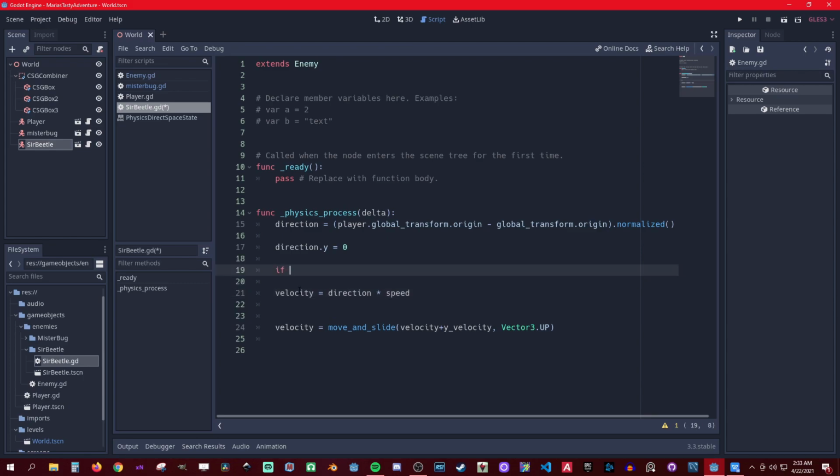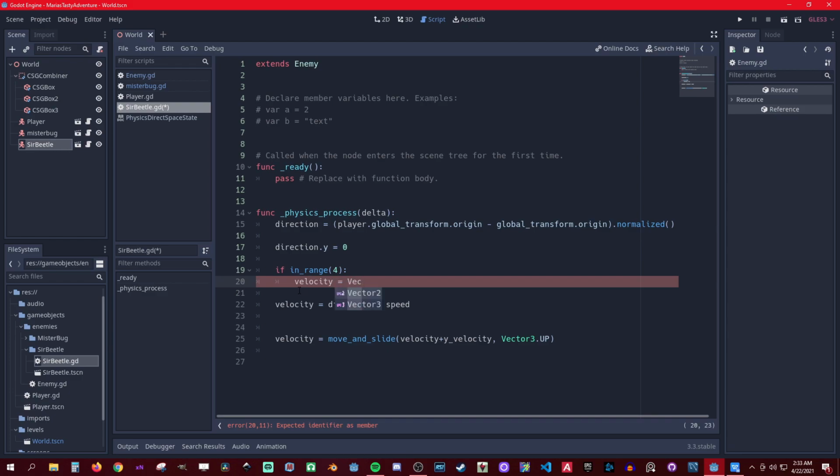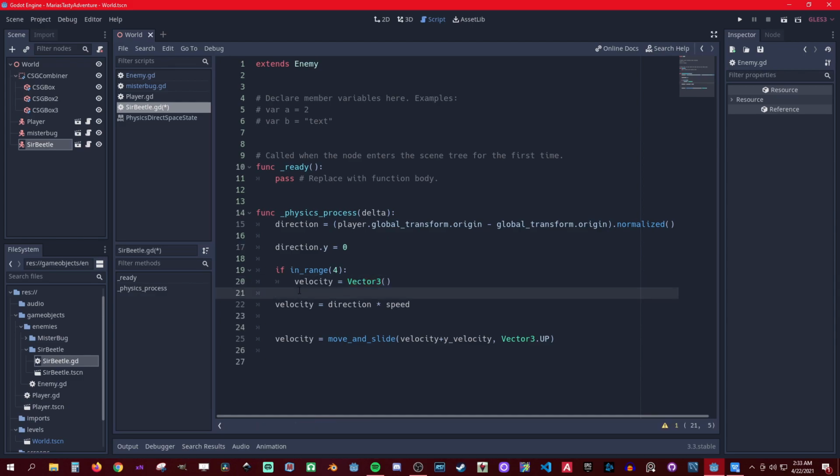So if is in range, maybe 4 meters out, then I want to set its velocity to be equal to vector 3 0. Else